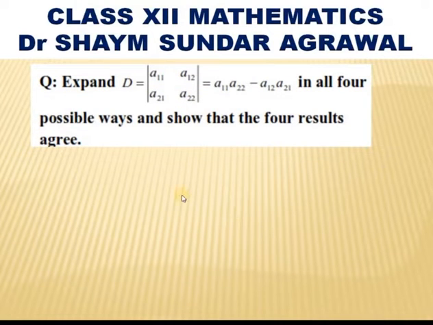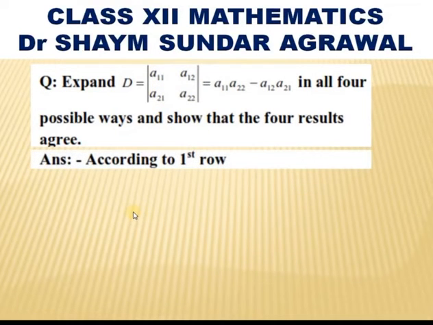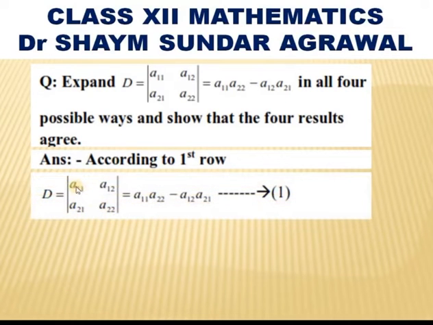Next question, let us expand the determinant A11, A12, A21, A22 in all 4 possible ways and show that the 4 results are same. All the 4 possible ways means we have to expand this determinant with respect to the first row, with respect to the second row, with respect to the first column, with respect to the second column. So, according to the first row, determinant is equals to A11 into A22 minus A12 into A21,